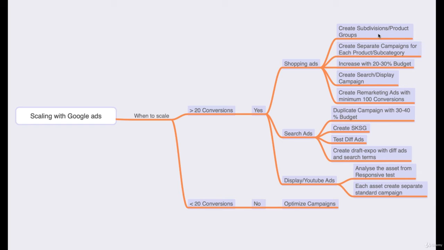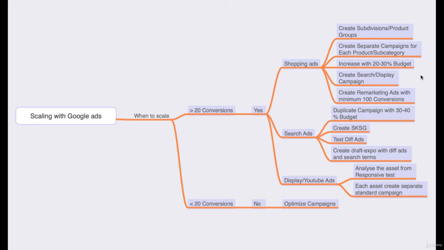When that budget is going to be limited, when it is going to exhaust within 7 days, then you have to increase your budget by 40 to 50%, and so on, in that 10 to 20% budget ratio. That's how you can do that scaling.